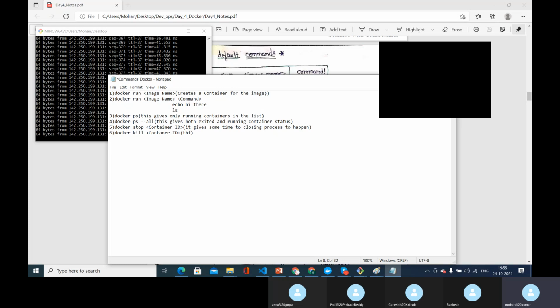It will instantly stop the container without giving any time to perform the closing activities.